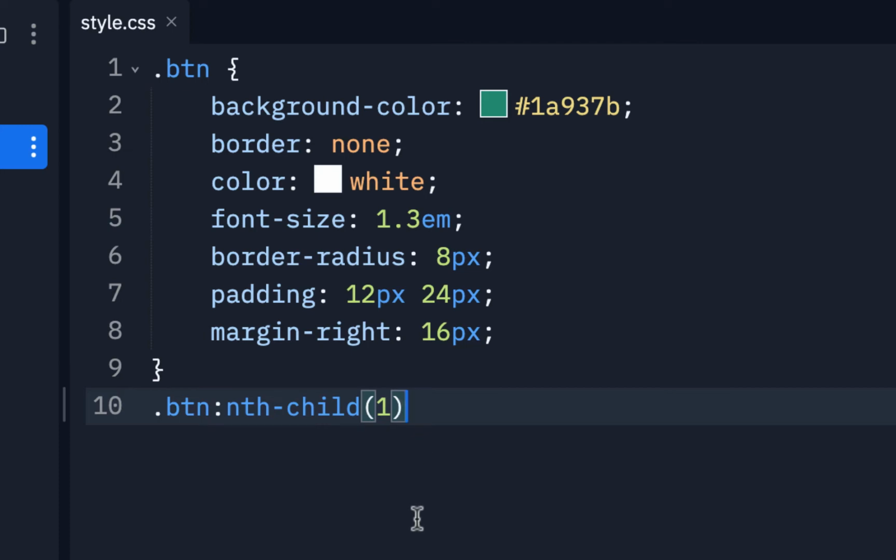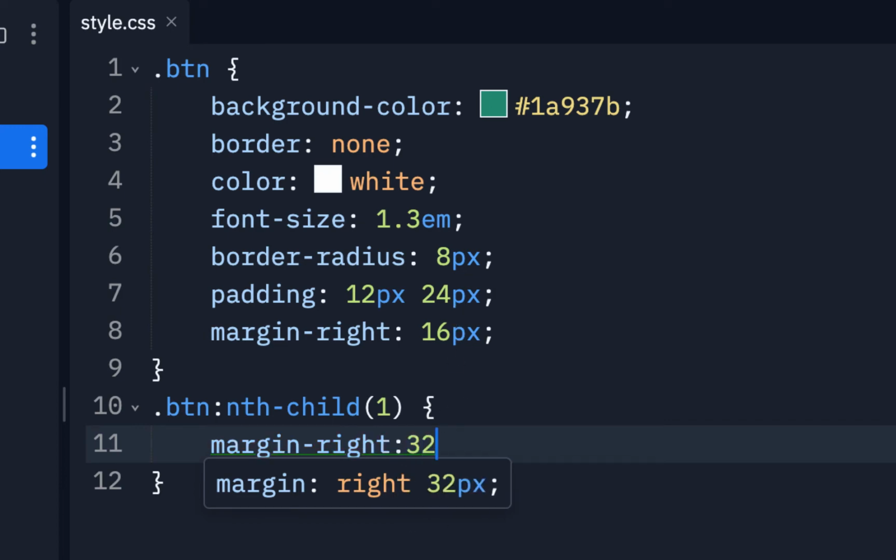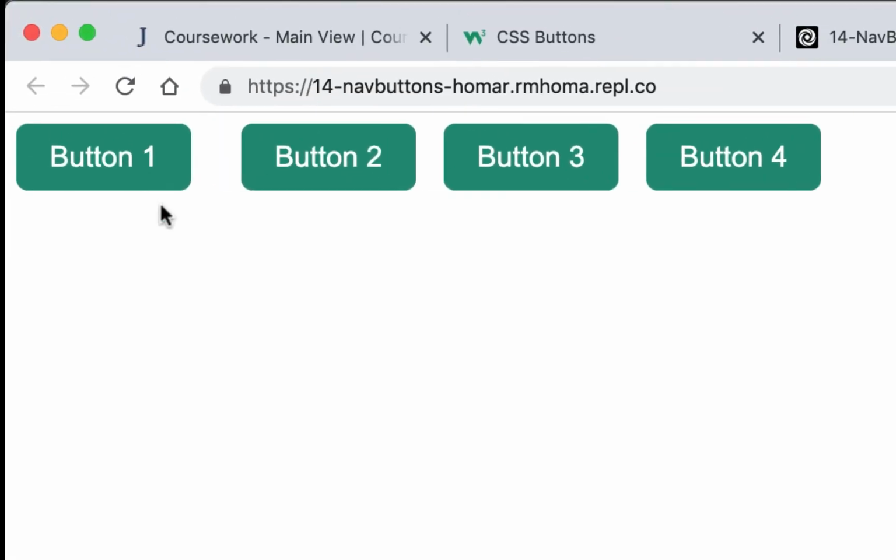But if I wanted to change the margin, let's say on the first button, and put more. Now, I wouldn't want to do this, but if I wanted to make margin-right, instead of 16, double, like 32. And that would be for nth-child 1. That would mean the first child, and I could target elements that way. It's putting more space there. So that way, if I ever needed to take off the space, so if they had space on the right side, but